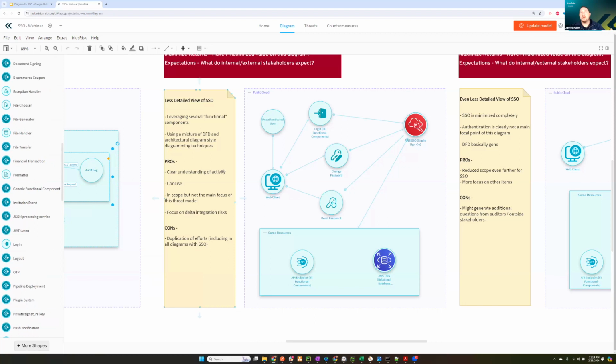So, pro, we have a clear understanding of activity. I'm still able to see quite clearly what this user is doing. It's very concise. I have a lot less clutter in here, which allows me to have more room to describe what's going on in my data flows. Clearly SSO is in scope, but it's not the main focus of this threat model, right? So the main focus here is going to be, what are my functional components? And then I'm starting to develop a little bit more around what are the resources I'm accessing afterwards, but the focus here is going to be more on delta integration risk,